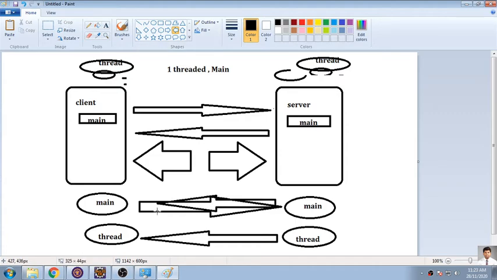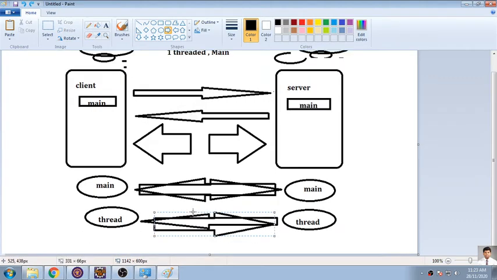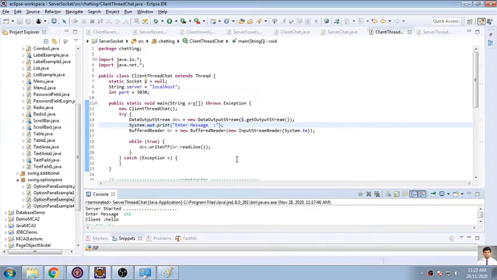So it will interact in two ways, because this thread is on the client also and the server also. So the connection will be from client to server and it will be dedicated. In the same way another thread will be from client to server and will be moving something from your client to server. A dedicated program dividing your whole code into two parts. Two threads will be created, one will be main, one will be your thread. So how to do that, we will be doing in the program.